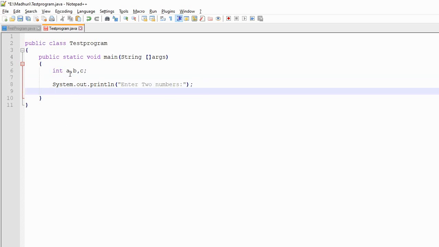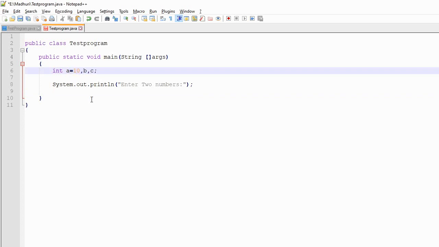I have not yet told you how to input data from the user, so I'm just initializing these variables here: a equal to 10, b equal to 20, and I'm just performing the addition.